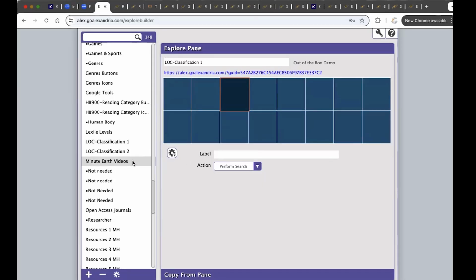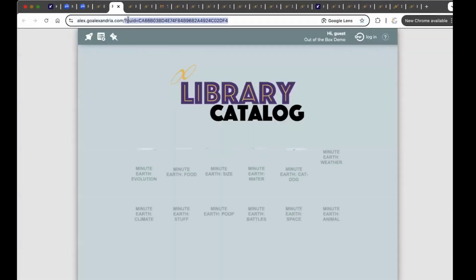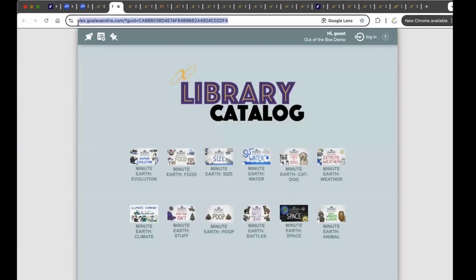If I'm asked to support teachers and I'm providing videos in the classroom that I'm suggesting, I can create an Explore pane, and I can share that by the URL with that teacher who's requested it. So maybe not all of these Explore panes are going to go on your search page, but you can feature them in other ways. And I'm going to show you